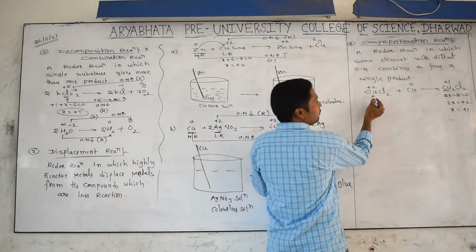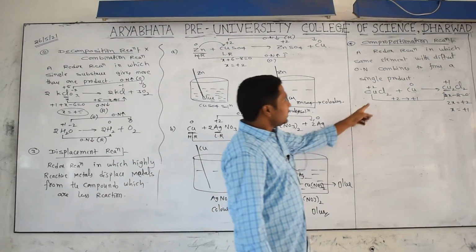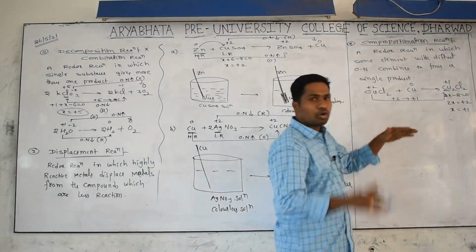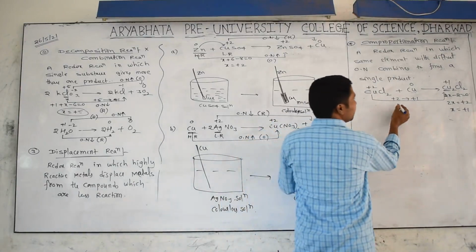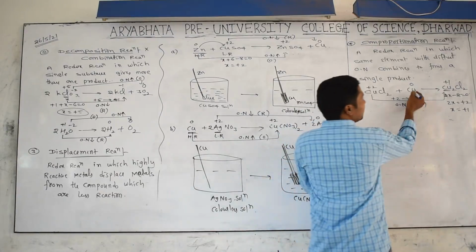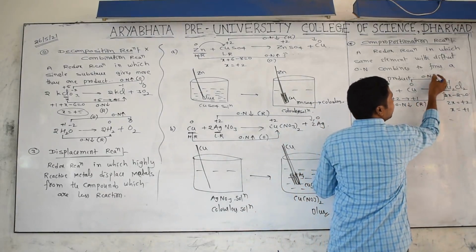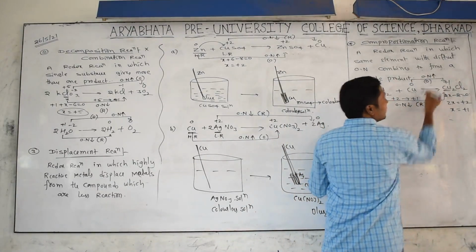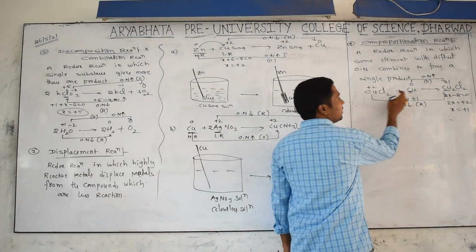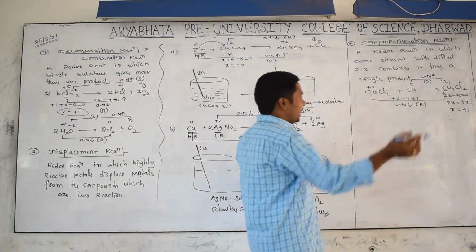So first of all, observe carefully from this copper to this copper, what is happening. Plus 2 to plus 1 means the oxidation number is decreasing. Oxidation number decreasing is called reduction. Here, 0 to plus 1 means the oxidation number is increasing. Oxidation number increasing is called oxidation. So both oxidation and reduction are happening, but here the same element with different oxidation numbers combined together gives a single product. I will tell you one more example.